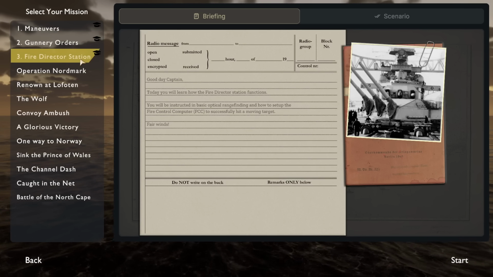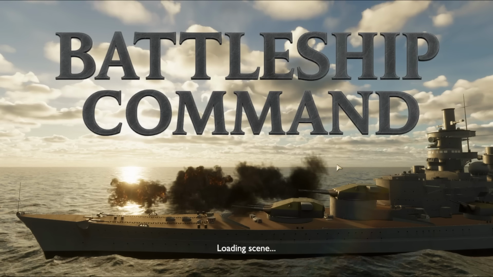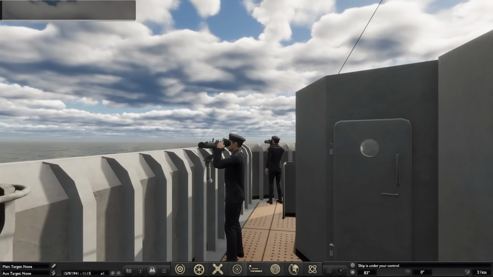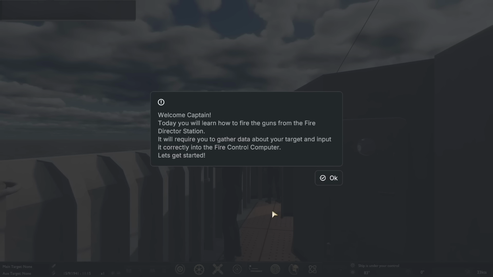Okay, so let's go to the fire director station here and it'll tell us how to do the stuff. This is the more like, hey, if you're actually going to want to micro this, probably the way most people want to play. Can I get killed if the ship sinks? I don't think it's like an RPG in that sense, but...